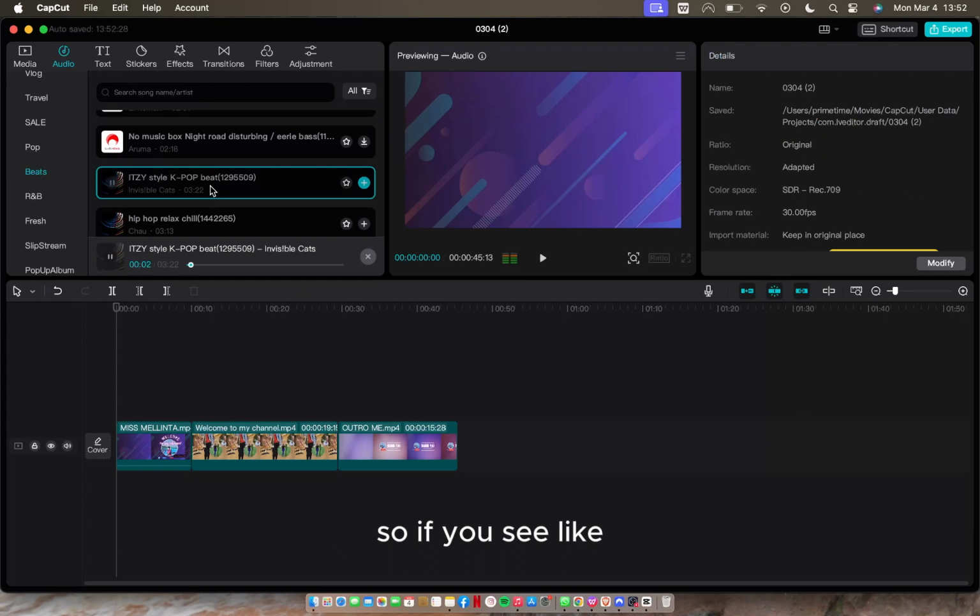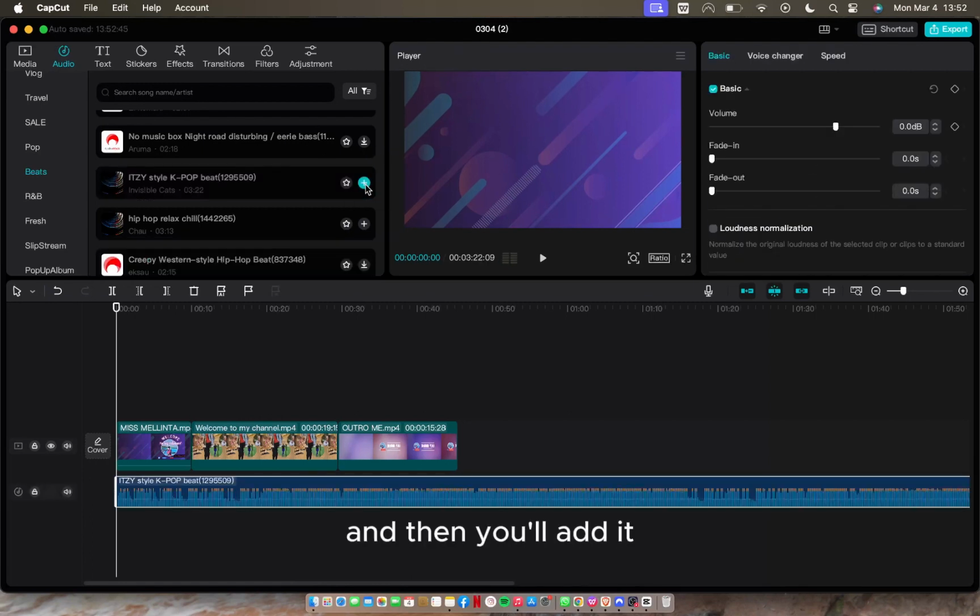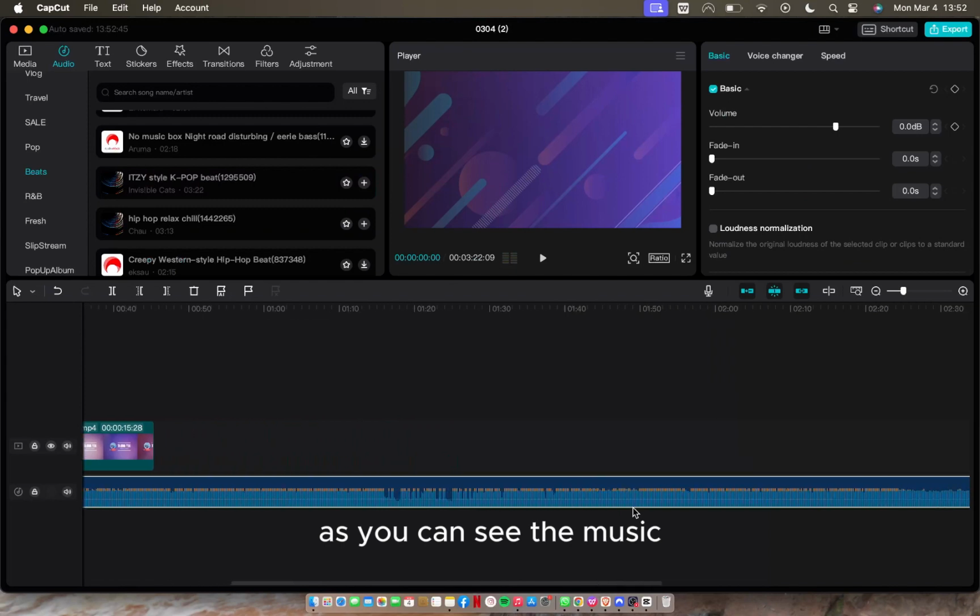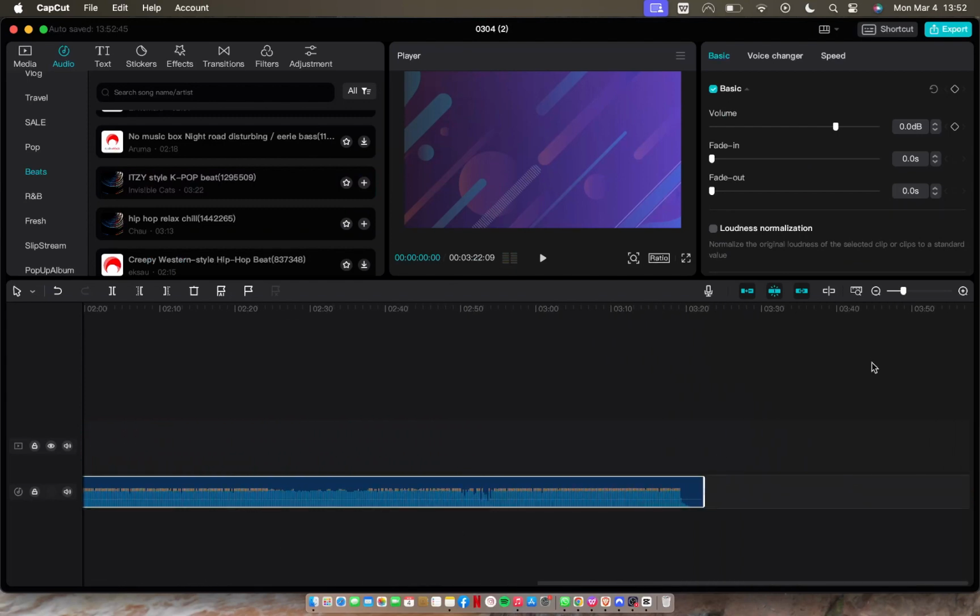If you click on it, that's just a preview of the song. Now to add it, you need to click on the plus button and then you'll add it. As you can see, the music here is